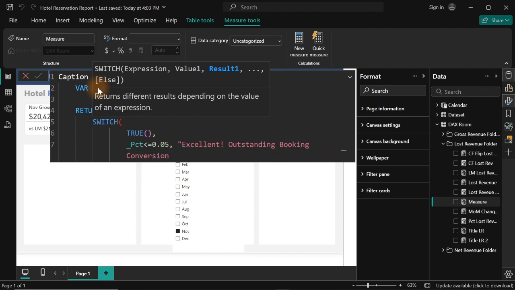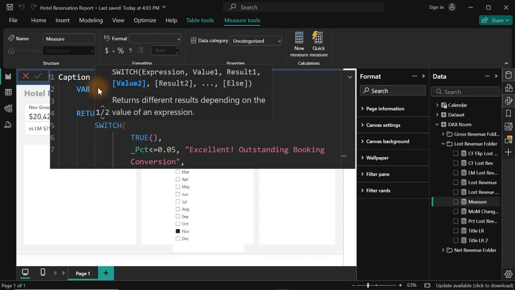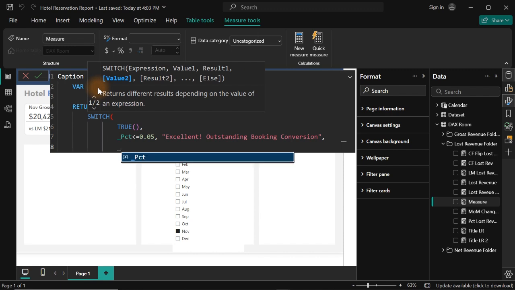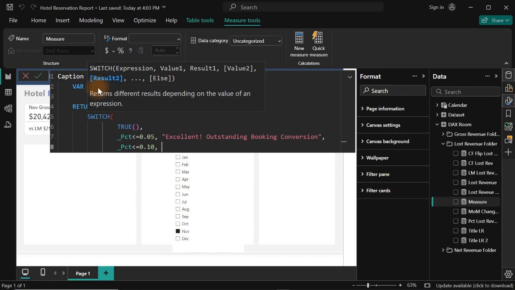Can you see it now? So we put a comma again here. This time we say if this is less than or equal to 0.10, that is going to be 10%, put a comma here,